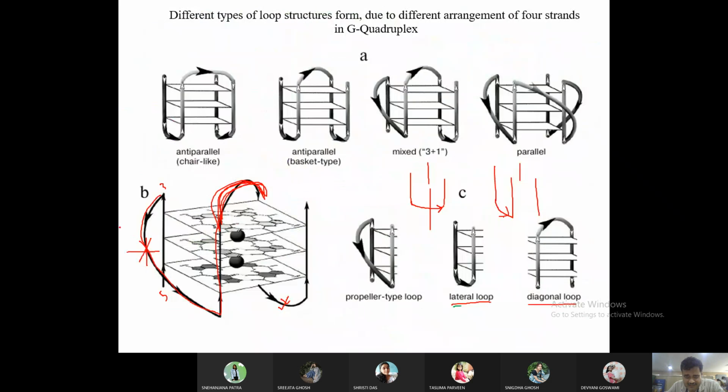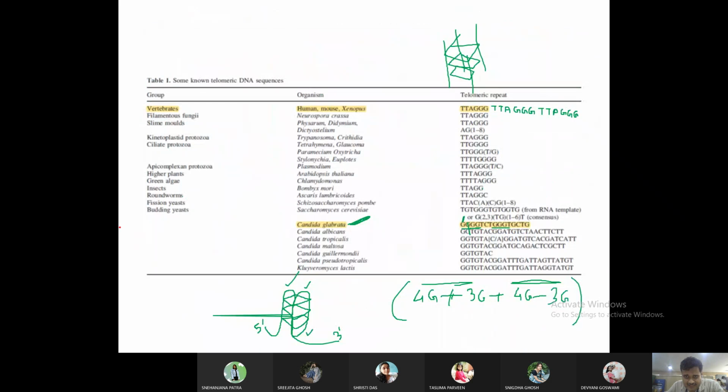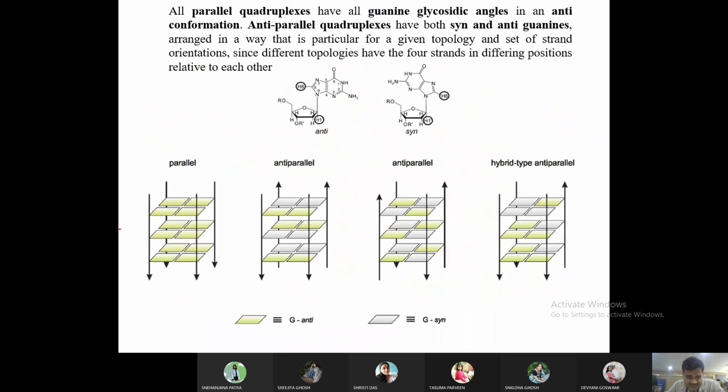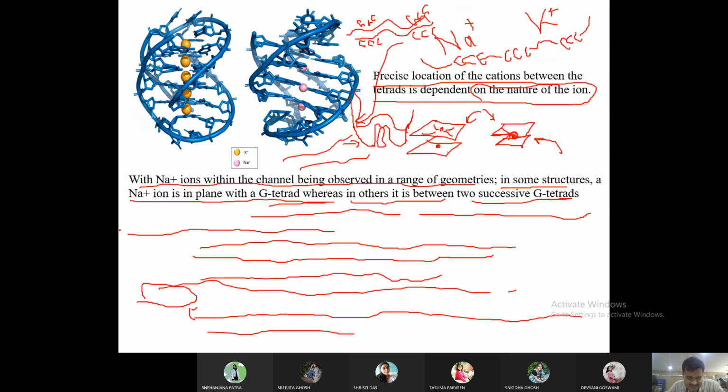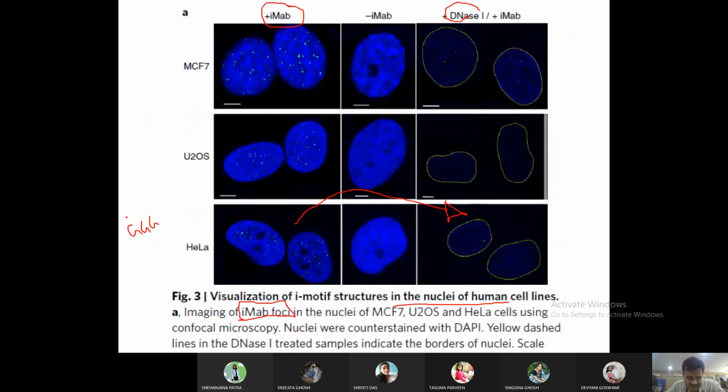Repeats of TTAGGG, and it repeats many times in the telomere of our chromosomes, and we know that that stabilizes